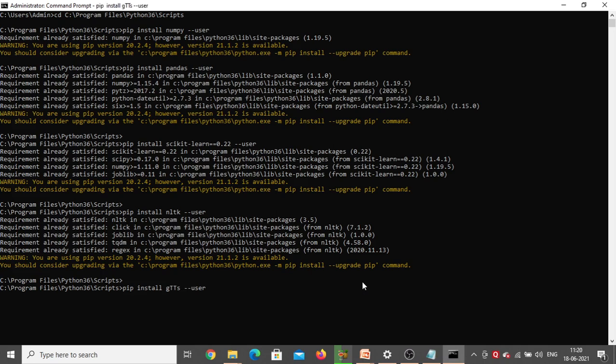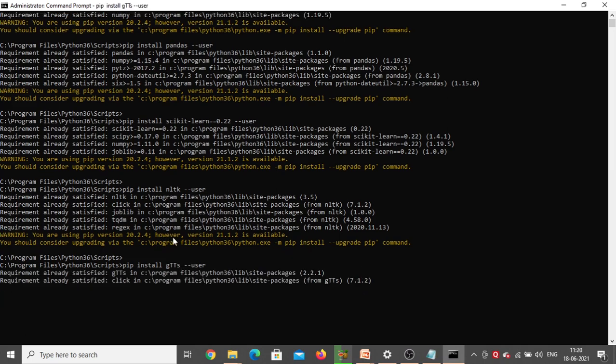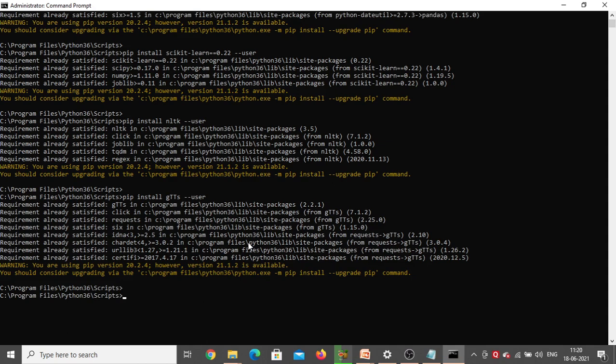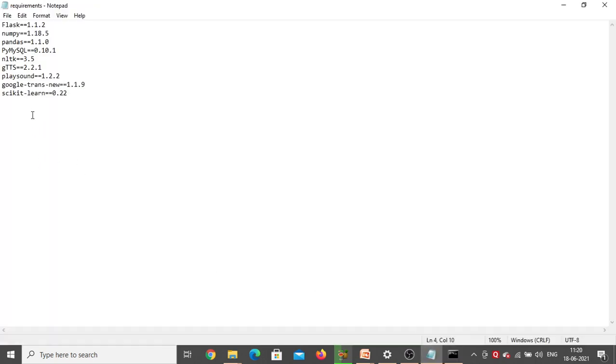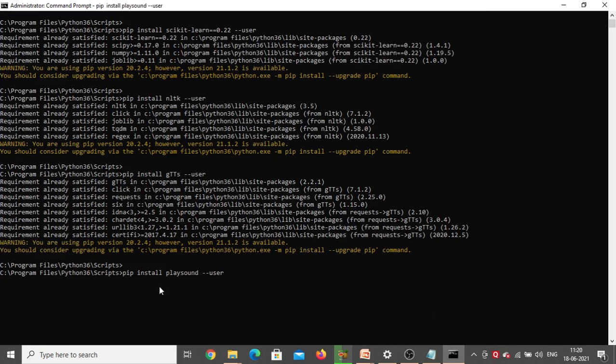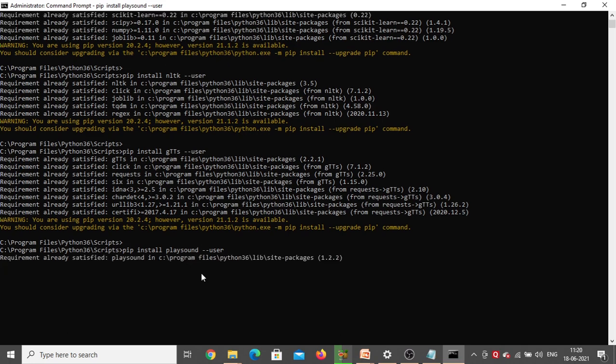Click on enter. See, requirement already satisfied. GTTS, Google Text to Speech, is also already there in my system. Next we need to install PlaySound. Same command, pip install, only the name of the package changes every time. Type playsound hyphen user. Click on enter. Requirement already satisfied, so playsound is also already there.